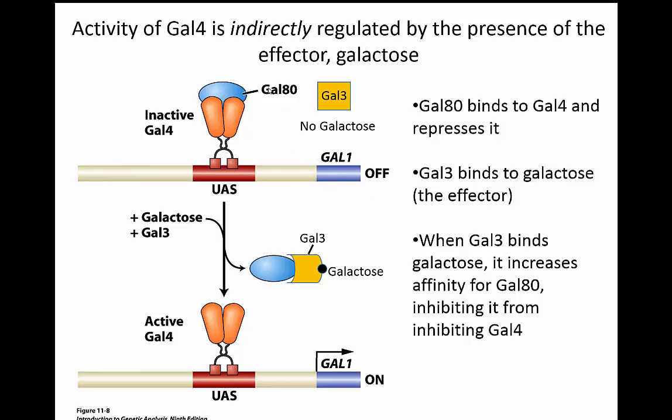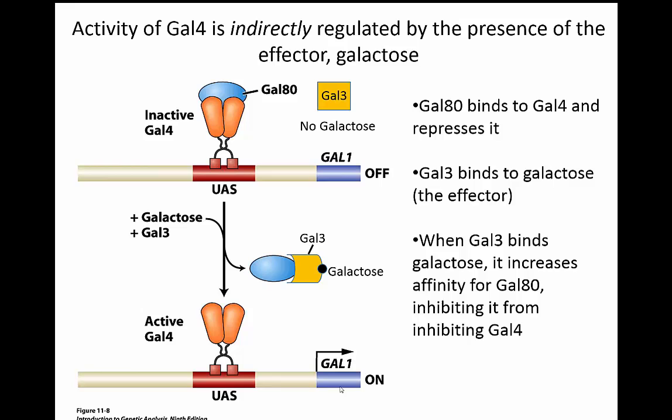In contrast, when you add galactose, there is a protein called Gal3, which will bind to galactose and change its conformation. When Gal3 changes its conformation, it gets a very high affinity for that Gal80 repressor, and it's going to pull Gal80 off of the Gal4 protein. Increased affinity here means that Gal4 is now available to act as a transcriptional activator on the nearby Gal gene. So when galactose is present, you turn on those Gal genes which are required for breaking down